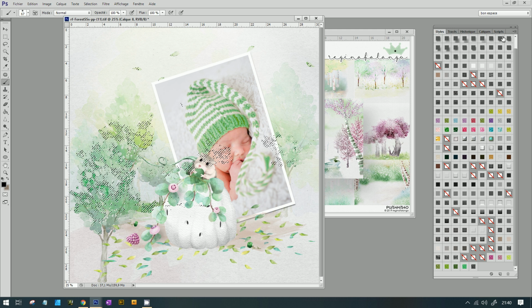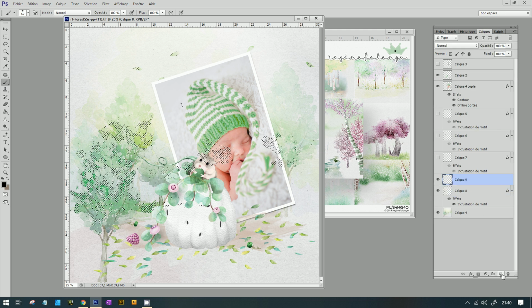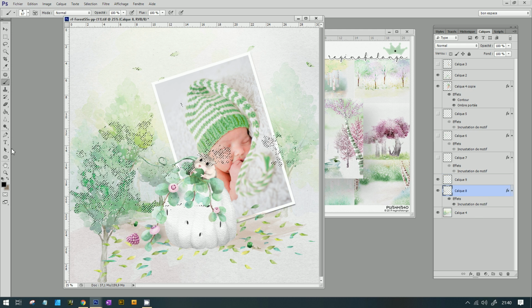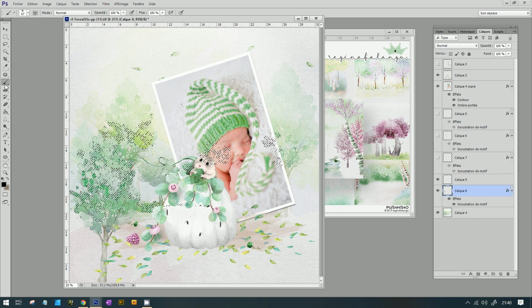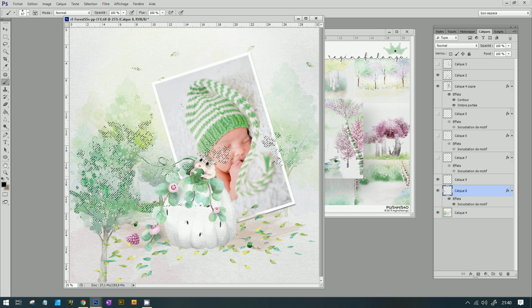This. You create a new layer for a new color. And you do the same thing with the black.